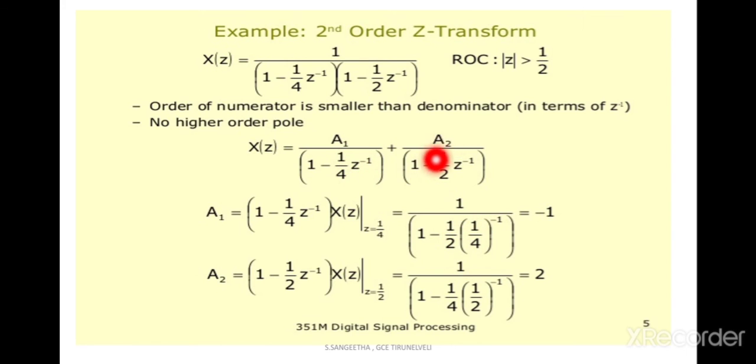So here also this will be for z is equal to 1 by 2. If z is equal to 1 by 2, this term will be cancelled. So we are substituting z is equal to 1 by 2 in this equation. Next you have to find the value of a2. For finding the value of a2, we are assuming the value of z by getting the 0 value in this term. Similarly, for finding the a1 value, we are going to 0 this value and getting this value in the a1. So the a1 value will finally be a1 is equal to minus 1 and a2 is equal to 2.